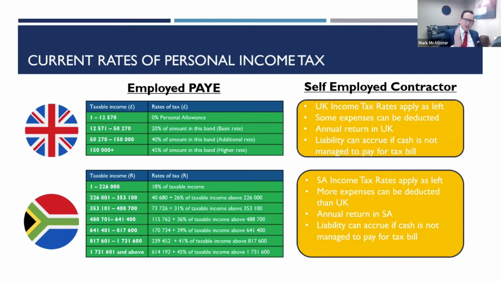Absolutely. So effectively what you can do here is get an idea of how much tax you're probably paying in the UK and how much tax you might be paying in South Africa. You can see if there's a plus or a minus, there might potentially be a positive thing. But that's if you go down scenario A or B, as we talked about in the previous slide. In scenarios C and D, these self-employed contracts, as you mentioned rightly earlier, you can deduct a little bit more from an expenses perspective. But the message from us really is make sure you do it right. Take advice on it, because if you don't get it right, you could be accruing quite a significant tax bill to whichever revenue authority you're trying to work with, without realizing that you're doing so. So that's where the advice comes in.